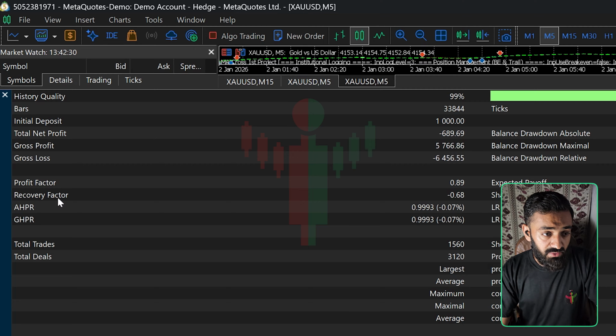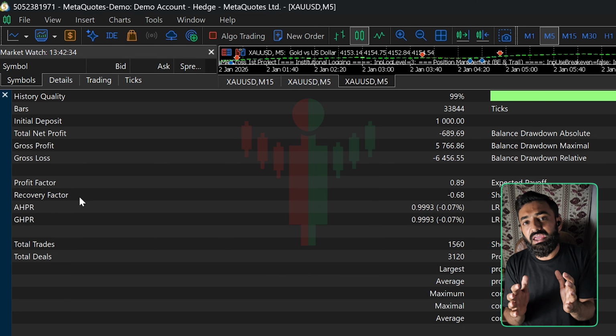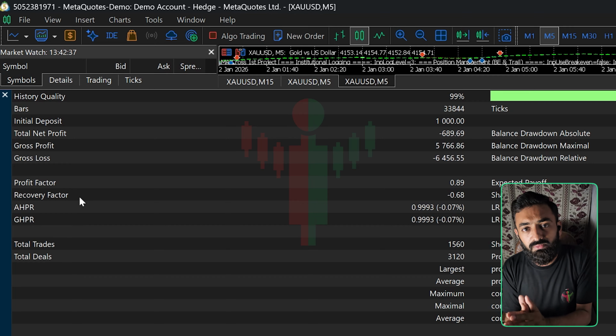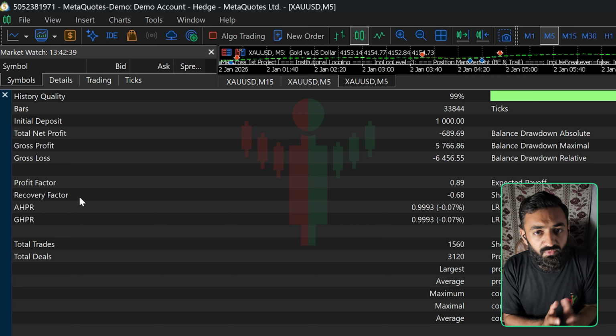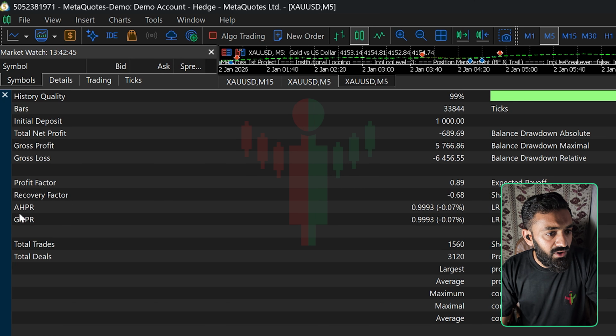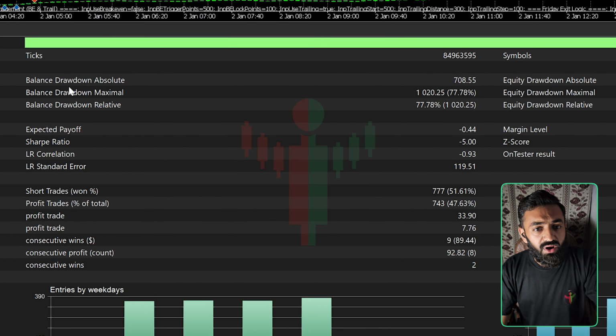And the second most important is the recovery factor. The recovery factor is the same kind of ratio between the total profit it made and the maximum drawdown. And then there are AHPR, GHPR, just leave as they are. And here are the total number of trades in the last 6 months and total deals. That's it. In the next section, here are the balance drawdown, balance maximal drawdown, expected payoff, Sharpe ratio,